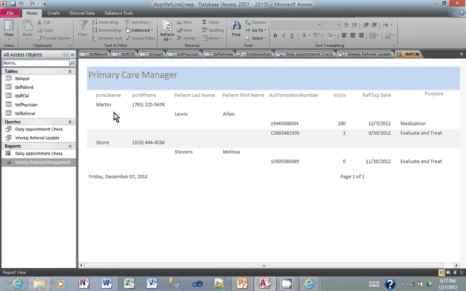Again, we have the primary care manager's name, their phone number, and then the patient's name. And you'll see here their referral expiration date. This one's a referral expiration date, and this one is shown on here because it has 0 visits. And it is also expired by date, but it would show up either way. So those are ways, and then you can take that and say, hey, I need to get these updated,